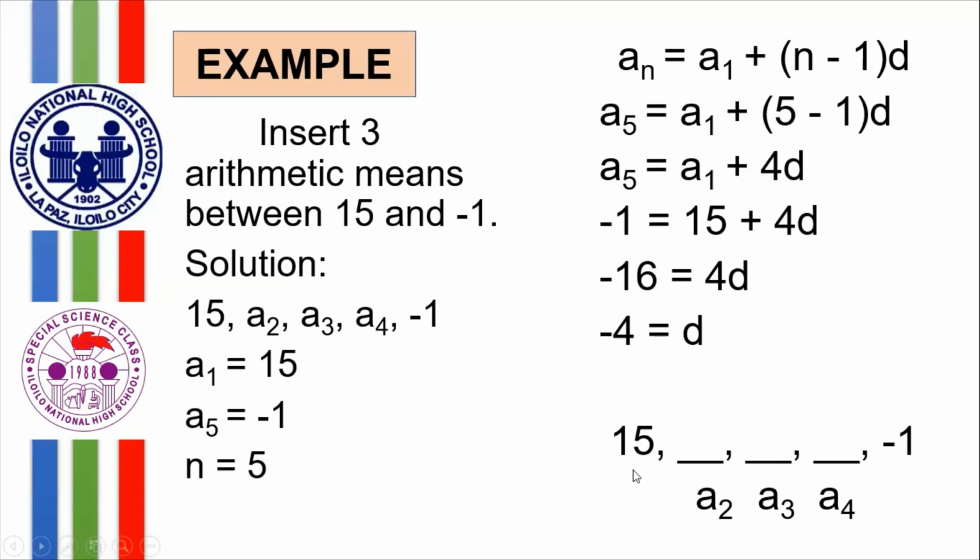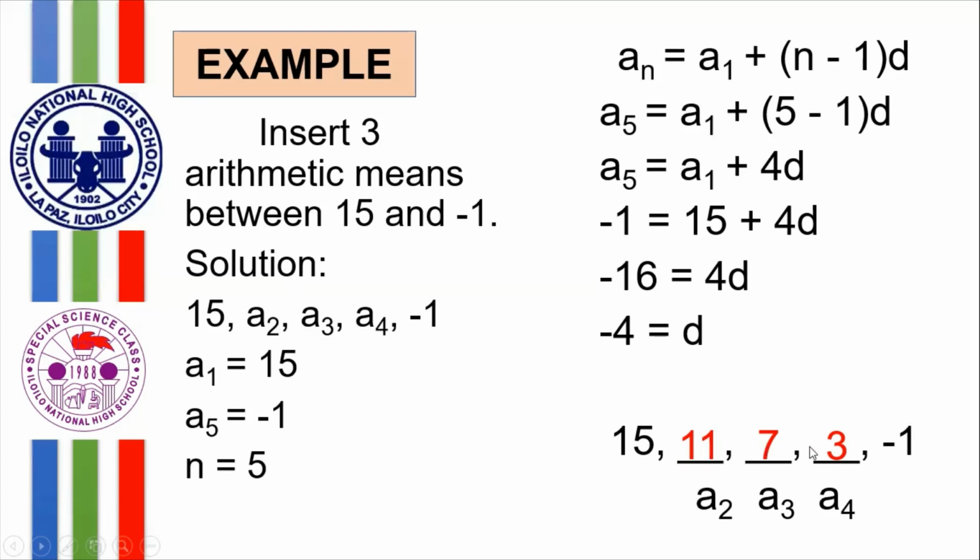So 15 plus negative 4 gives 11. 11 plus negative 4 gives 7. 7 plus negative 4 gives 3. And let's see if we add 3 with negative 4. So 3 plus negative 4 gives us negative 1. And indeed,